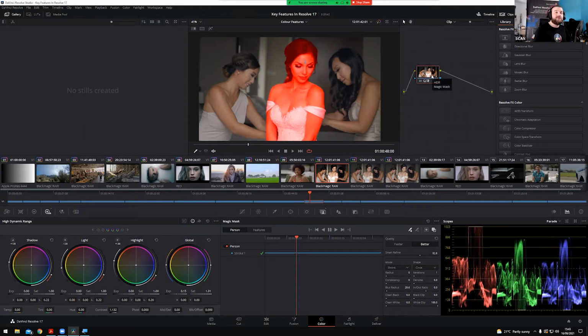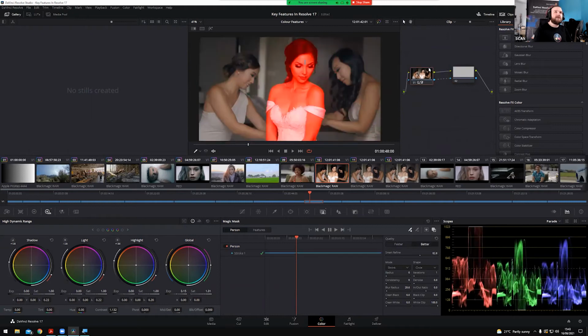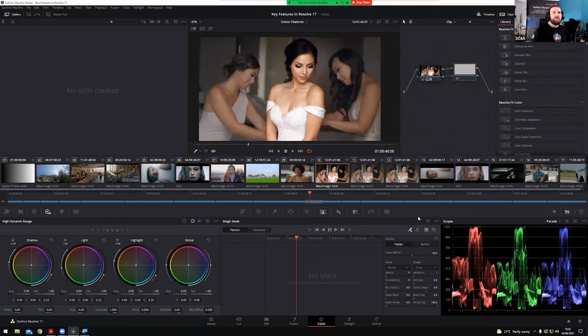I can add what's called an outside node. If I right click on this node and go to add node, add outside, or I can use Alt and O, or Option and O if you're on a Mac, to add an outside node. And that outside node basically takes everything outside of the mask in the first node and starts working on it. So I turn that off. I can now do something like apply a blur to this clip, and you'll see really easily, I've isolated her